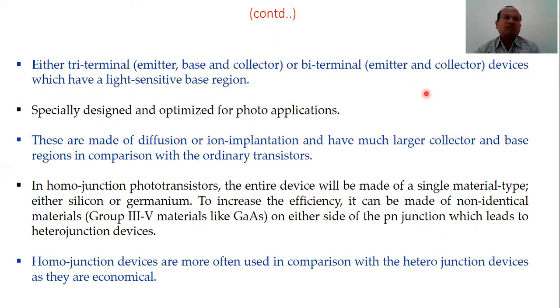Sometimes there are either three terminal or two terminal devices available. In three terminal, it is emitter, base and collector. In two terminal, when the transistor is only two terminal, emitter and collector. But generally, two terminal devices are only available. Even when there are three terminals, the third terminal is of almost no use. But the common thing between the two configurations or two ways of construction is the base region is highly light sensitive region,